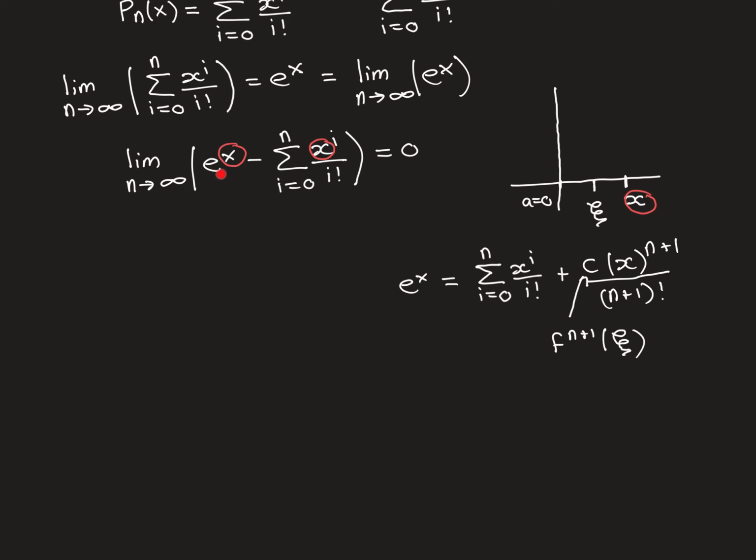So, if we now go back to our specific x here, if we want to know what the difference between e to the x and the nth Taylor polynomial evaluated at that specific x is equal to, we can say that it will be equal to this thing, where you plug in your specific x, so red x is going in here, and then this coefficient will be the n plus 1th derivative of the function evaluated at some xi here. So what we can now say is that this is the limit as n approaches infinity of the n plus 1th derivative. Now, in our specific case, the n plus 1th derivative, as a function, is going to be e to the x. So evaluating this at some xi, it's going to be e to the xi,